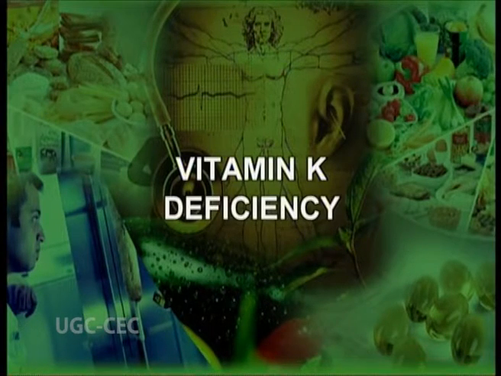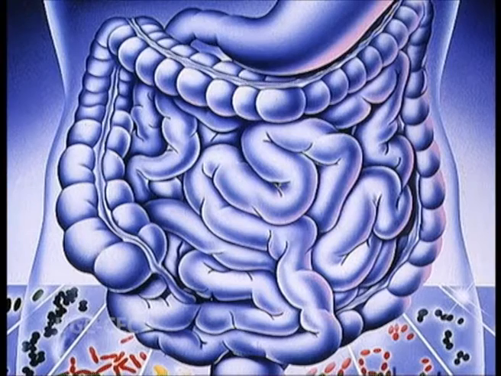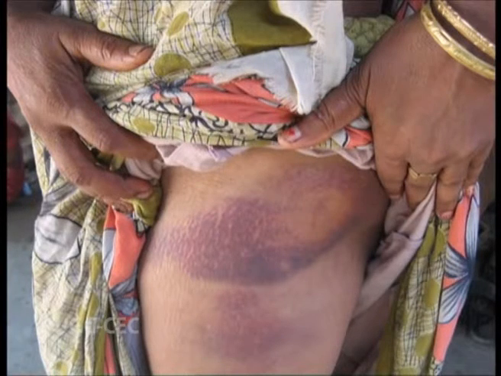Vitamin K deficiency. Vitamin K is necessary for the formation of prothrombin and other blood clotting factors in the liver, and it also plays a role in bone metabolism. A form of the vitamin is produced by bacteria in the colon and can be utilized to some degree. Vitamin K deficiency causes impaired clotting of the blood and internal bleeding even without injury.